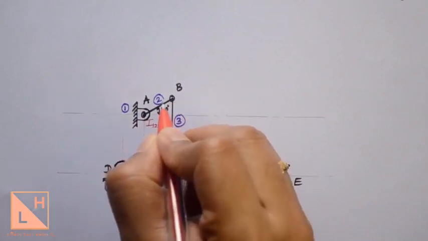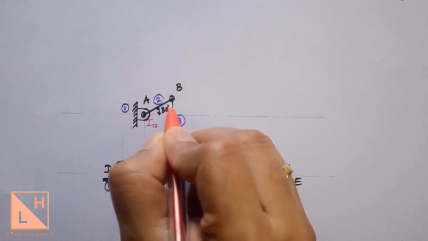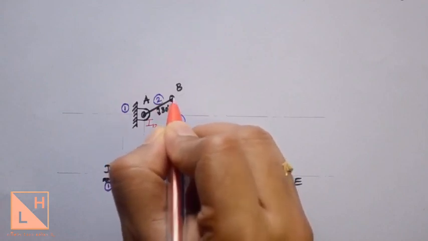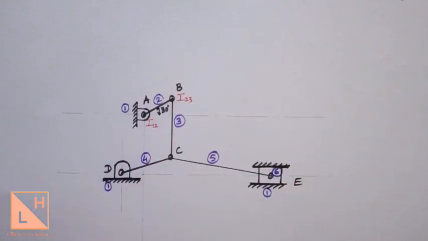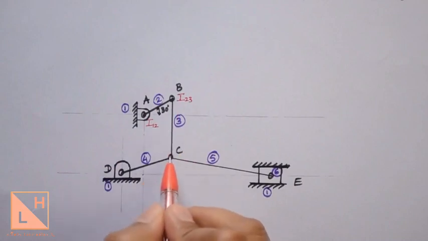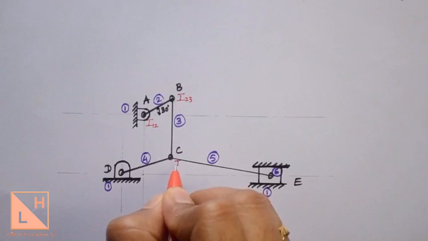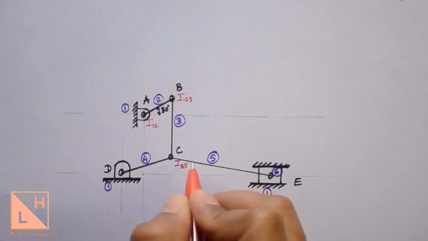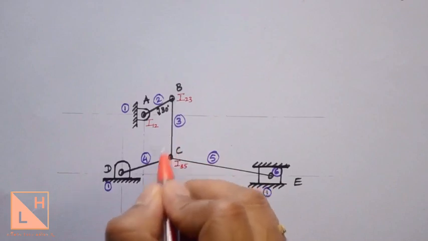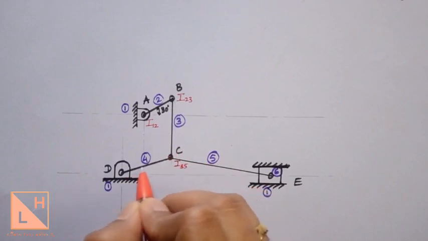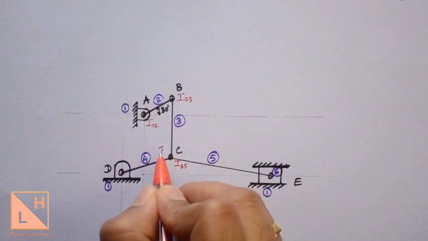At point B, link 2 and 3 are connected. Link 3 is going to either oscillate or have any motion with respect to link 2 only at point B. So this is going to be I23. And next comes 3 and 5 together over here at this point C. This will represent the instantaneous center I35. At the same point, link 3 and link 4 are connected. So link 4 will have any motion or oscillation with respect to link 3 at point C only. So this will represent I34.